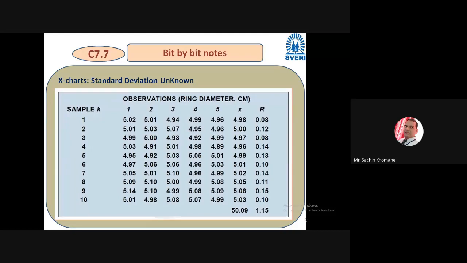Go step by step, go slow. Even on mobile you can calculate, or orally people can calculate the range. I have given the answers, so just cross verify. Find the larger reading horizontally, find the lower reading, and find the difference between these two. That is nothing but the range.